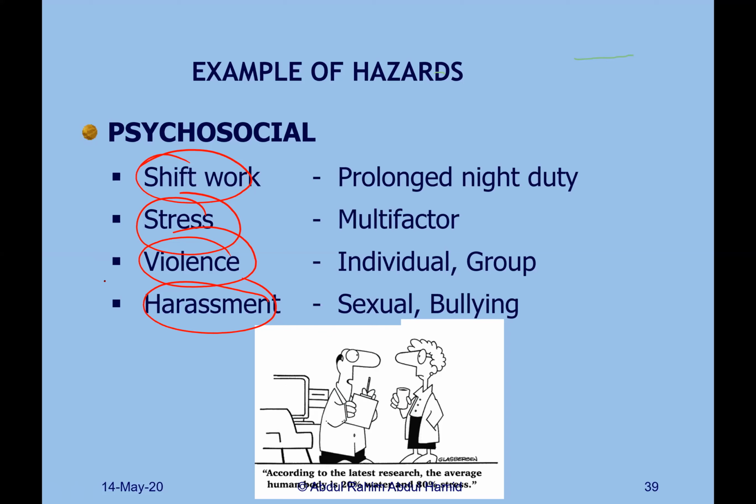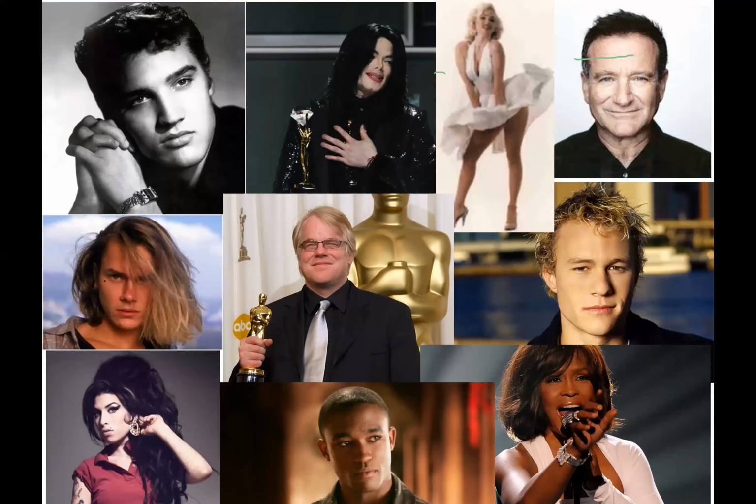They are not happy due to many things that happen at the workplace. So that is not the concept of well-being. By right, when people go to work, they should be the same person going to work and coming back from work. If they go to work happy, they should come back happy as well. Okay, that is the psychosocial aspect.